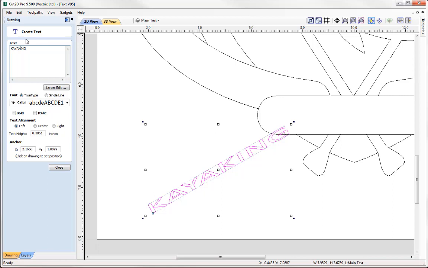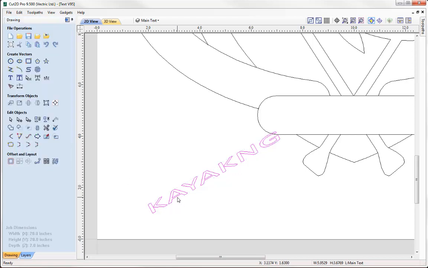So you can see it's a big leap forward with the creation and editing of text, because typically we don't always get things right first time, or quite often we like to use templates for text where we then come in and just update the font or update the text entry, particularly if you're making plaques, for instance, where you might have template text that is just edited to be different dates or different names. So I'm just going to delete that out now, and we're going to get rid of that text